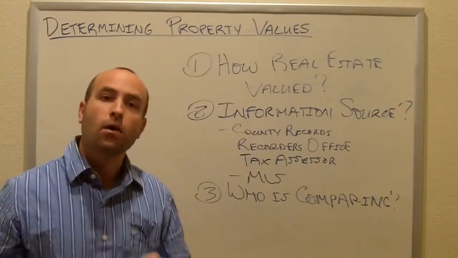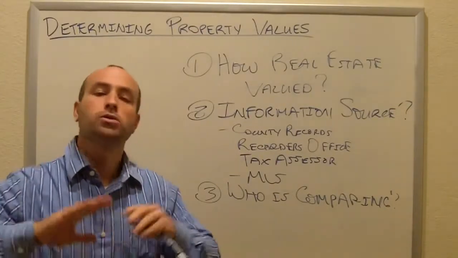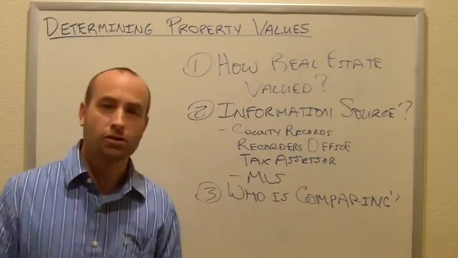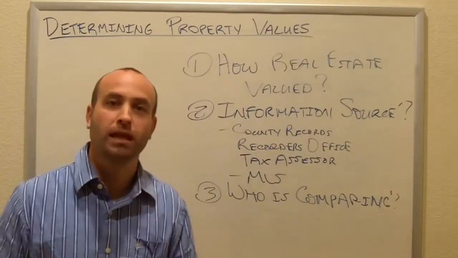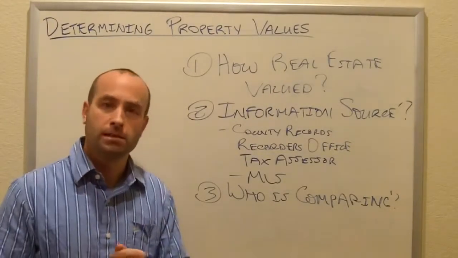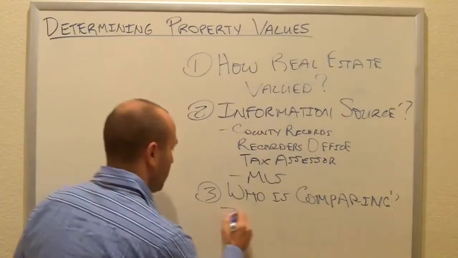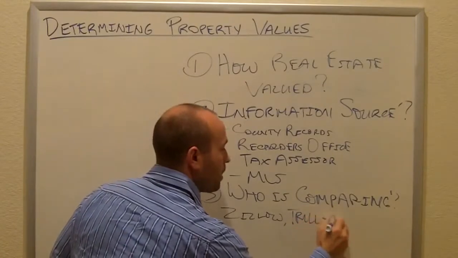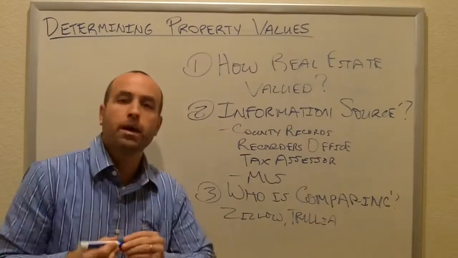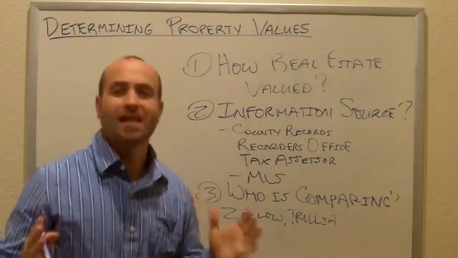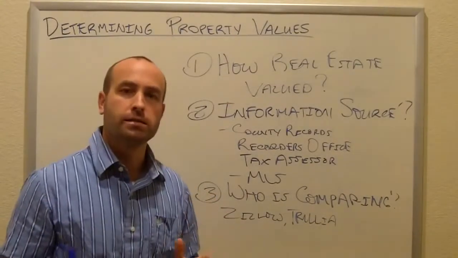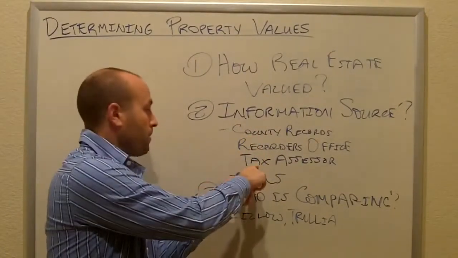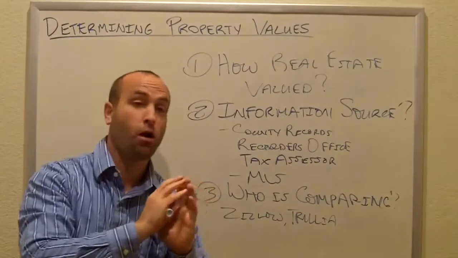Humans are not computers. We have this wonderful ability to do all sorts of things that at this point, especially in the real estate investing world, technology is not available yet to duplicate the human brain. And so what happens is this. The things like Zillow, Trulia, and so many other of these systems, they've made a lot of headway, and they're doing better and better all the time. But they have massive weaknesses. And one of those weaknesses is they're drawing all of their information from the county records. Tax assessor is where they're getting the bedrooms, bathrooms, square footage, which could all be wrong.